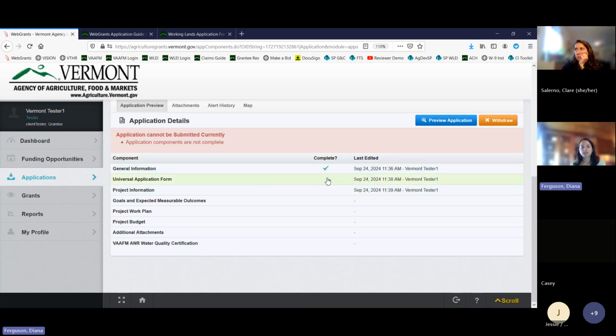Once you've edited and completed every form, you'll see a green check mark all the way down for each one, and then this red arrow right here will change to green and it will say application may be submitted, and at that point you'll have an orange submit button pop up right here next to the preview button. We do recommend that you do the preview. Once you're totally done, that will show you your whole application in one page. You can scroll all the way down, read all your content, make sure that it's complete and accurate before you submit, because once you submit, it kicks it over to us and it cannot be edited after that point.